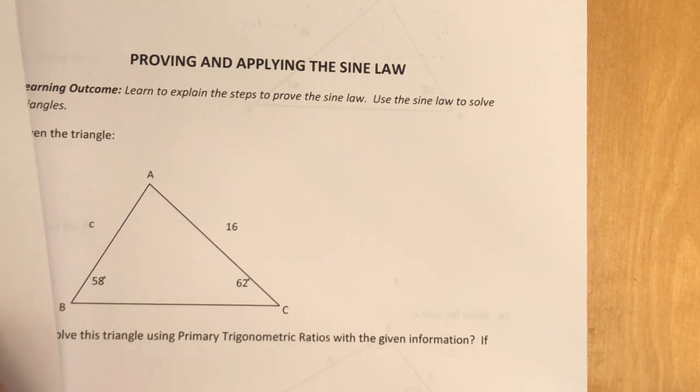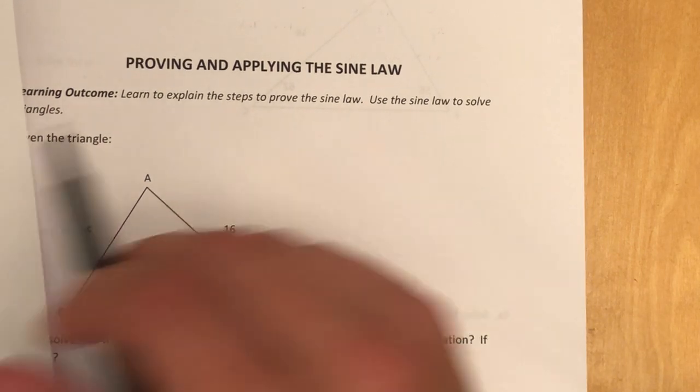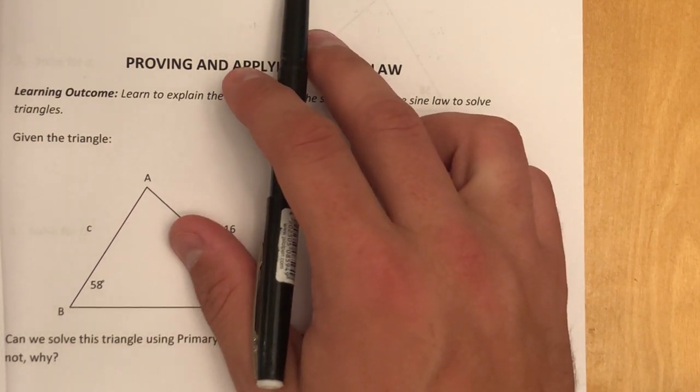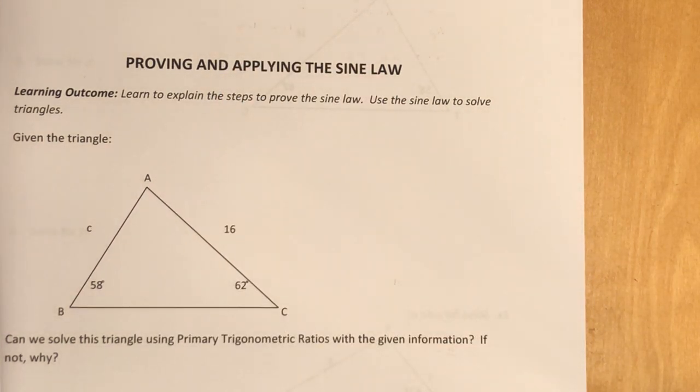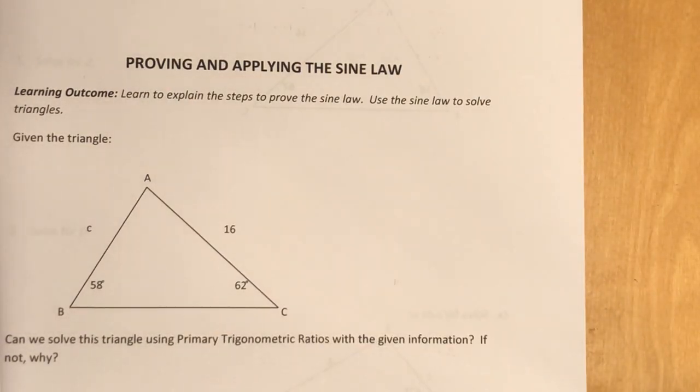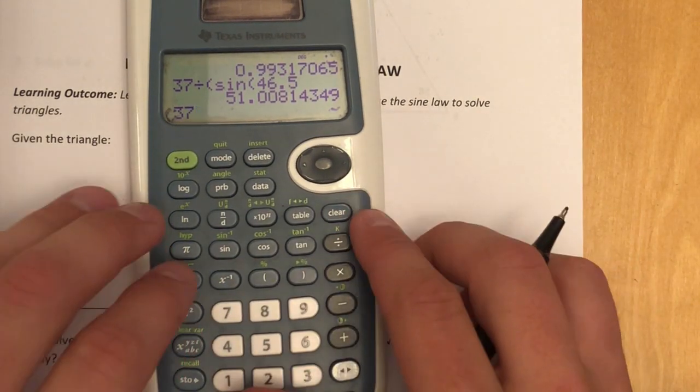So in both cases, those are the opposite sides. In this case here, we're going to get some very different values. If we did 37 divided by sine 46.5, we would get a value of 51. And on the other side there, if we did 37, and I can just show you what's happening here, divided